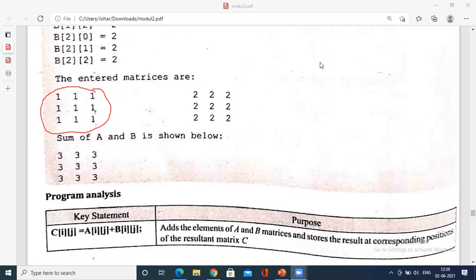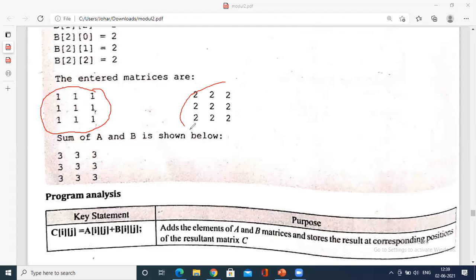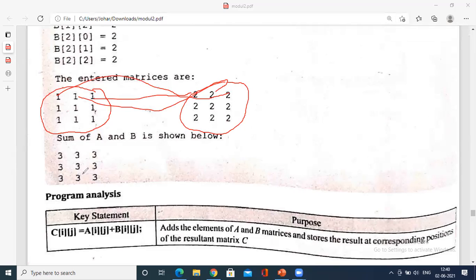After displaying, the calculation part is happening internally. Remember, this calculation happens internally. What is that calculation? That is the addition of 1 plus 2. It will happen internally, 1 plus 2, and this 1 plus 2, and this 1 plus 2. That part of the code is simply within two for loops. You have to add it and store it in some variable, that is c of 0 0, c of 0 1, c of 0 2. It is stored internally. Then we have to fetch the data.